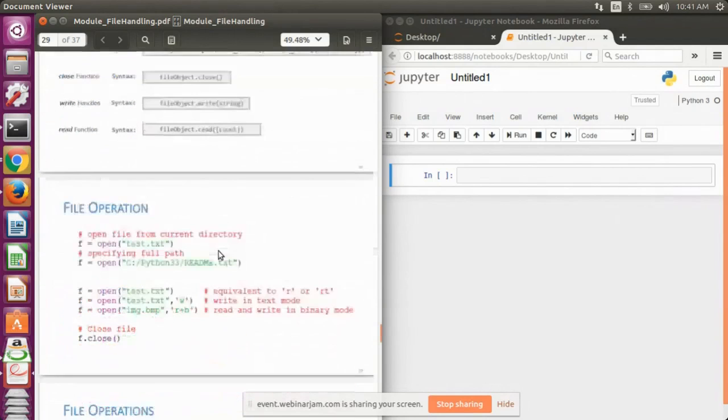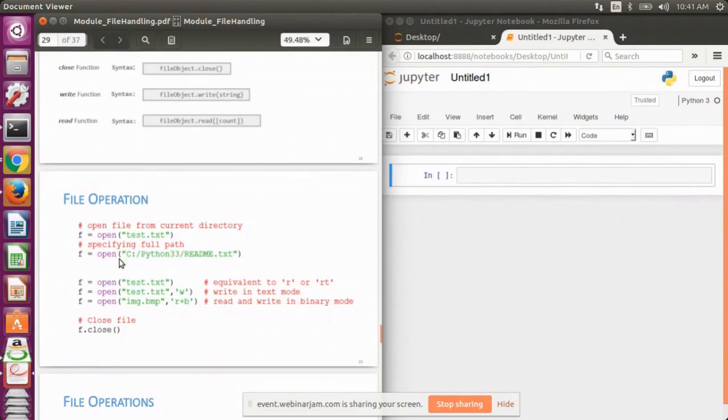Fine. So here is an example of how to open a file. There are various syntaxes here. The first is a simple syntax, that is f equals open, and in the brackets we are passing the name of the file that we want to read. Here we are defining test.txt in double quotes. Now f is a file object that will get created, that will basically link the test.txt file with the f object, and open is a function.